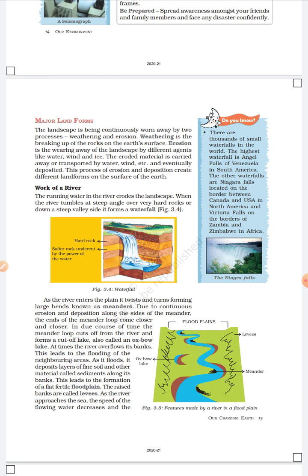With the continuous erosion and deposition along the side of the meander, the ends of the meander's loop come very close as time passes. The meander loop cuts off from the river and forms a cut-off lake, also called an oxbow lake. And floodplain. Floodplain, also formed by a river, is a flat fertile plain formed by the deposition of fine soil and other material through floods,